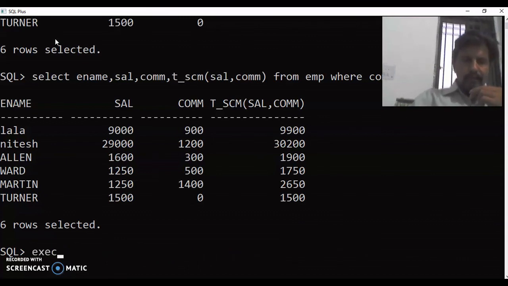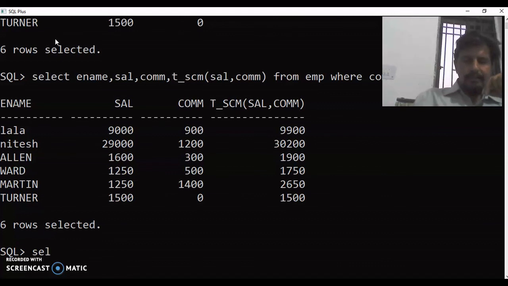So I will say execute e_rem. Now suppose there is an employee called Nitesh whose salary is 29,000 and he has resigned from the company, so I need to remove the details from the database.